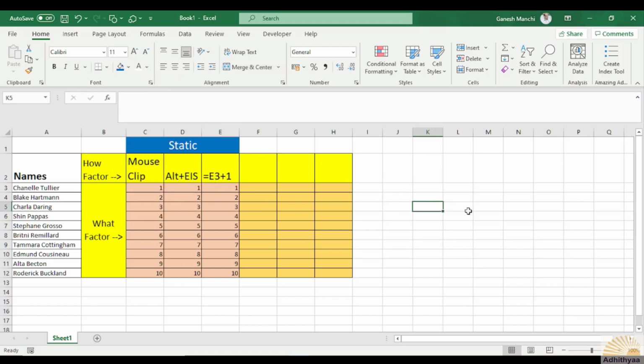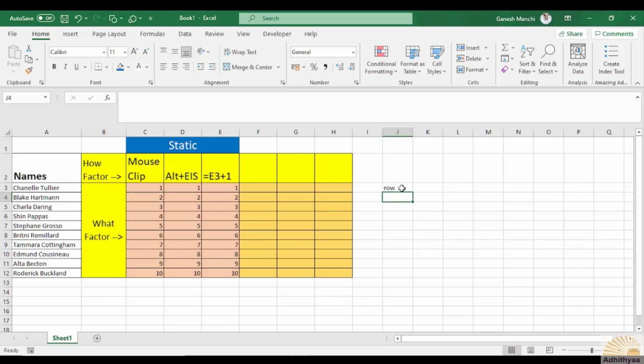Okay, good. So obviously the next three will be the dynamic options. Let us see how it goes. Again, you go there, be in F3, which is the first serial number which we have to assign to the first name, where you can use the function called ROW function.